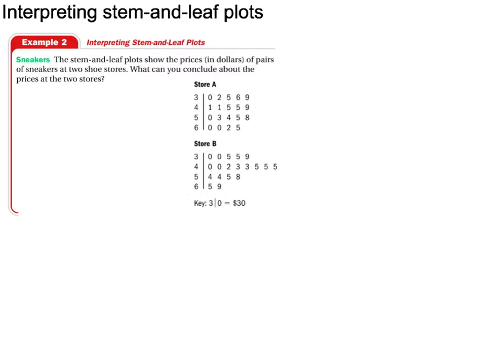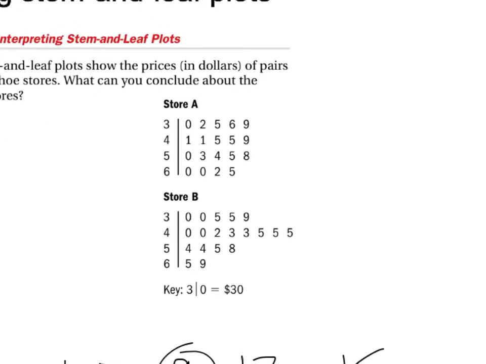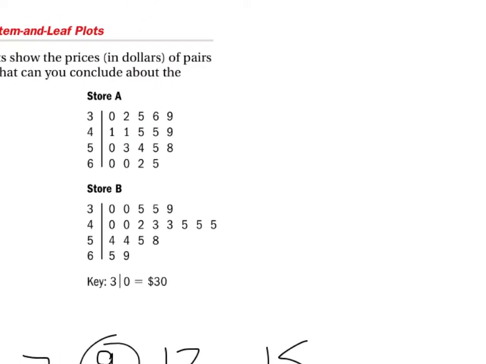So what can we tell? Well, the cool thing about stem and leaves is that they help us find the median really quick. And if you remember from mean, median, mode, median is the middle of the road. So if I had 1, 7, 9, 12, 15, the middle piece of data would be the 9. So let's count the data up here at store A. We have 1, 2, 3, 4, 5, 6, 7, 8, 9, 10, 11, 12, 13, 14, 15, 16, 17,